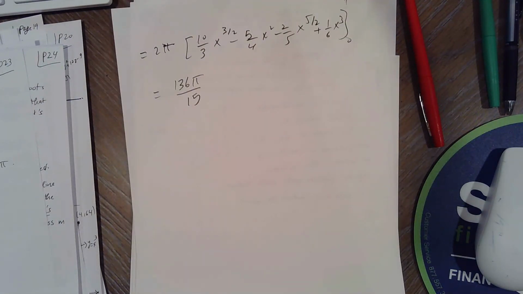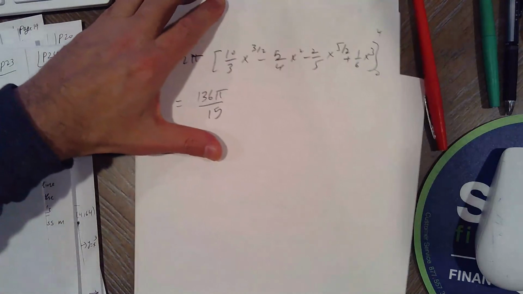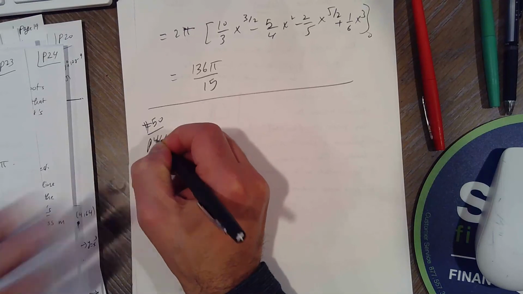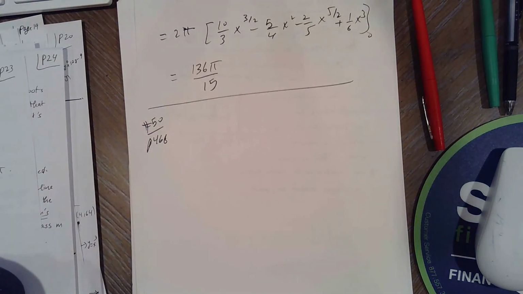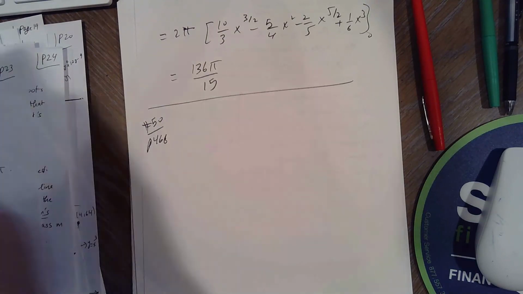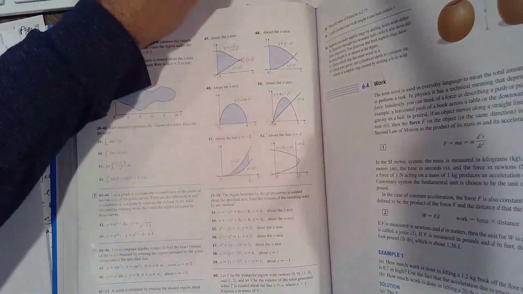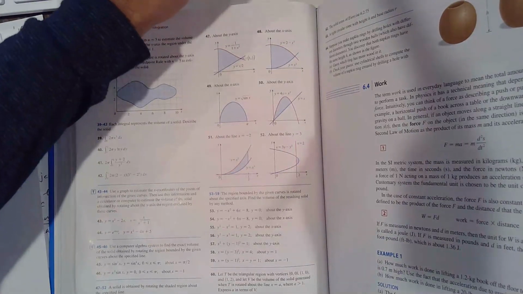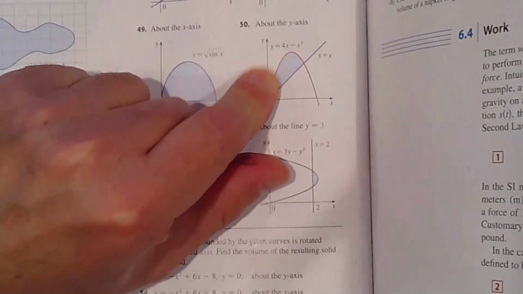Okay, number 50. 50 from page 466. It says a solid is obtained by rotating the shaded region about the specified line. Set up an integral using any method to find the volume of the solid. So this is a graph, and to find the volume,